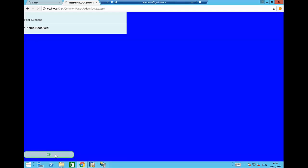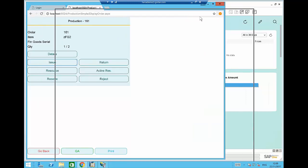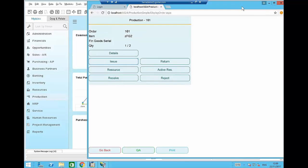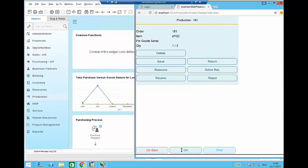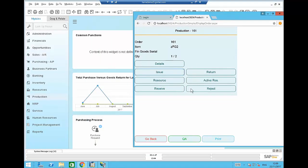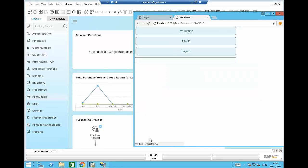So I'm going to show this within a web browser, so I'll just resize that here, but it can run on different devices. So I just take this over here, and you can see if I resize the window, it will resize itself to suit the environment that it's operating within. Okay, so I'll go back to my main menu here,